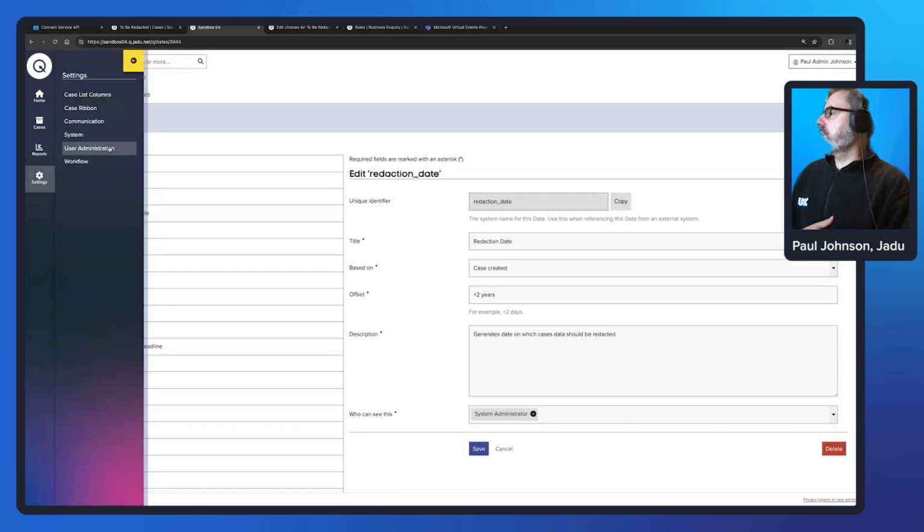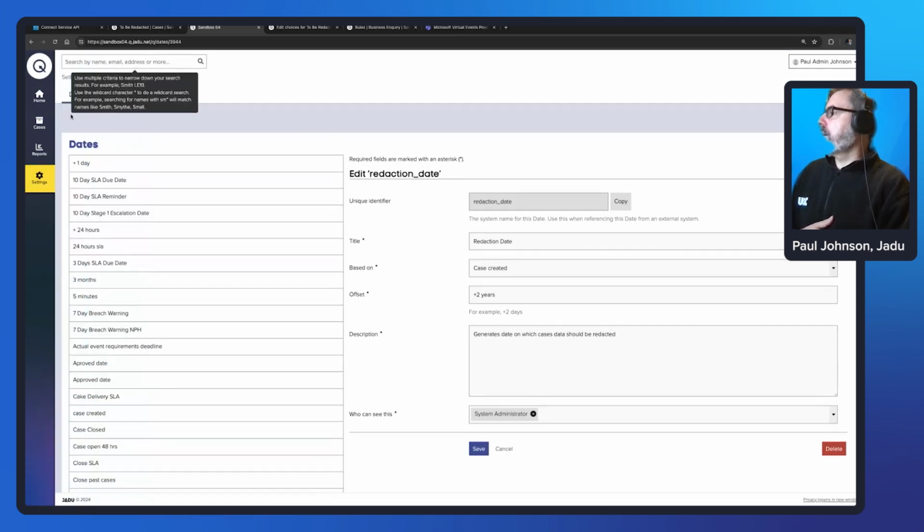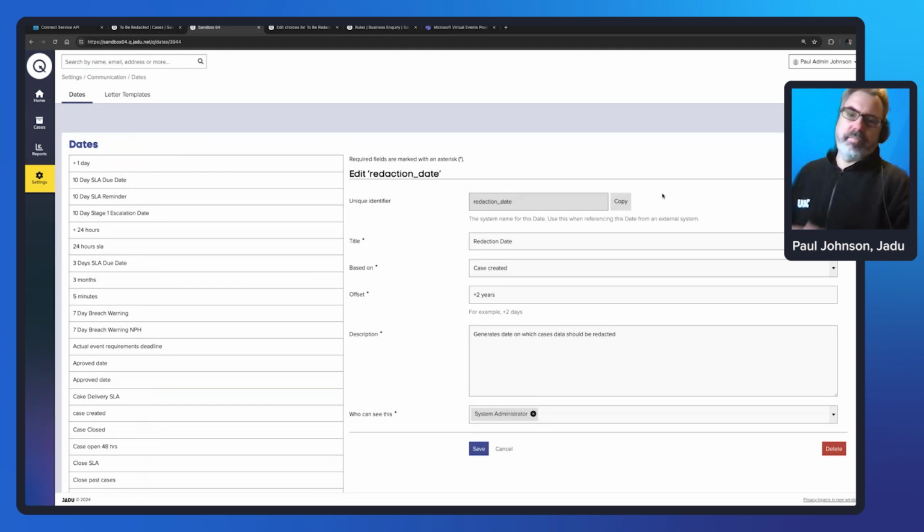Under settings and communication, you have a section called dates that allows you to configure dates that you can then use to trigger actions within Jadu Connect. In this case, I've called my date redaction date. I'm basing it on the date the case is created, plus 2 years. So it will look at the date the case is created and calculate a date